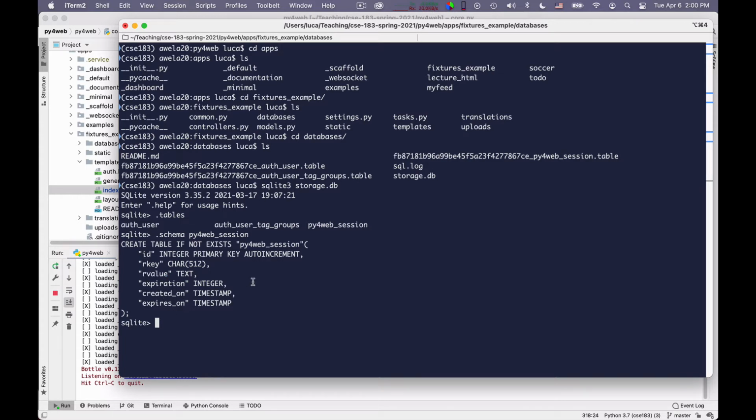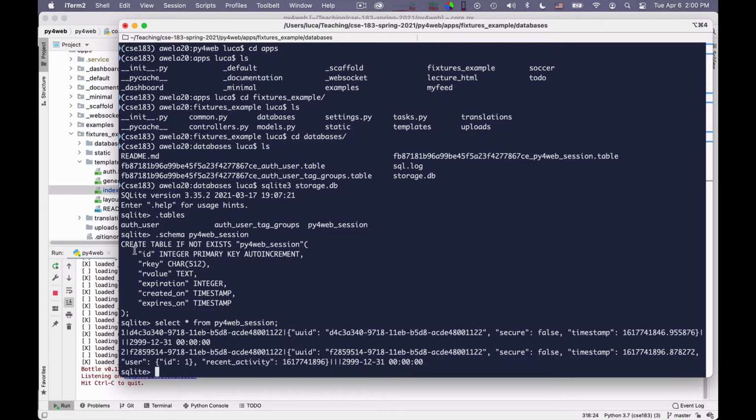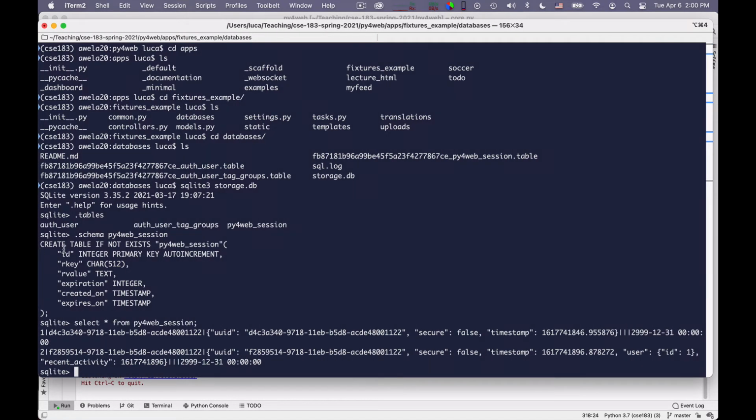And so since the table has little content, you can say select star, so select everything from Py4Web session, and this gives you the content, which may or may not be easy to read, but it says essentially that there are these various cookies. Okay, so these keys are the random strings that are in the cookies, and this is the content of the session.